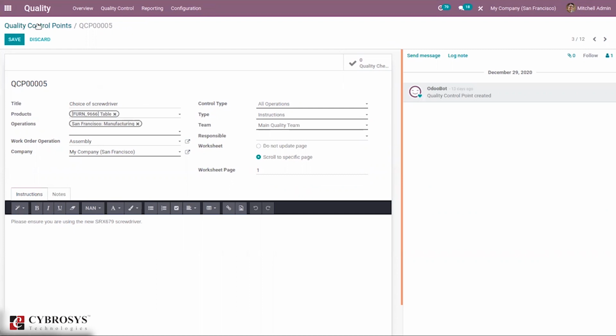So in this way we can create quality control points, and we can set the operation in which this quality point needs to be added, whether it is in delivery order or manufacturing. So we can add multiple operations here, and this quality point can be set on multiple products.